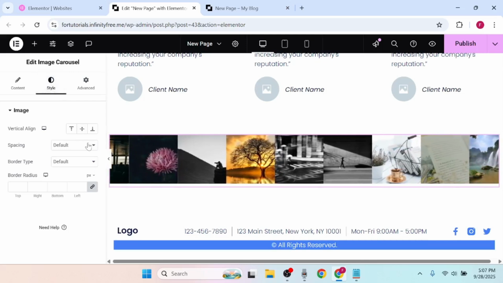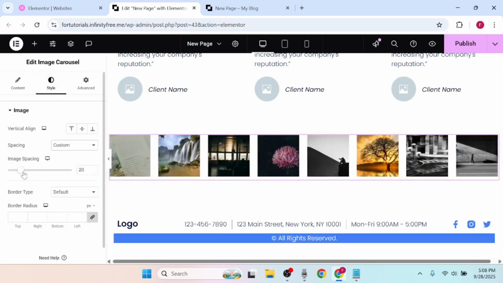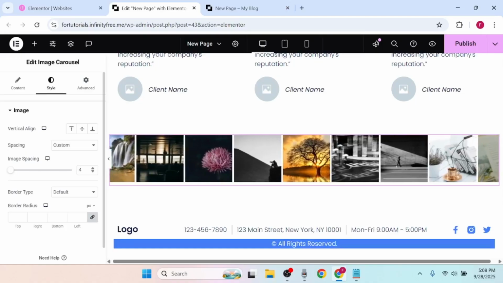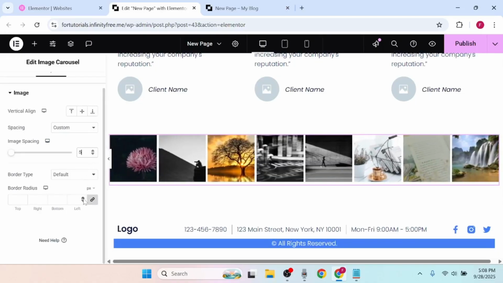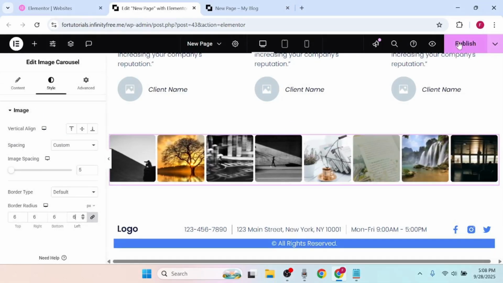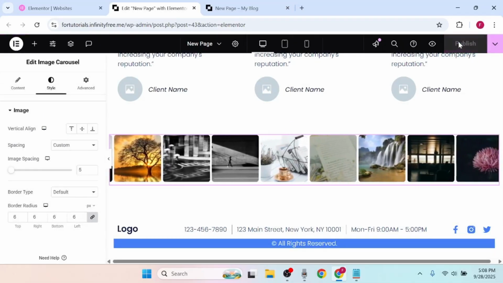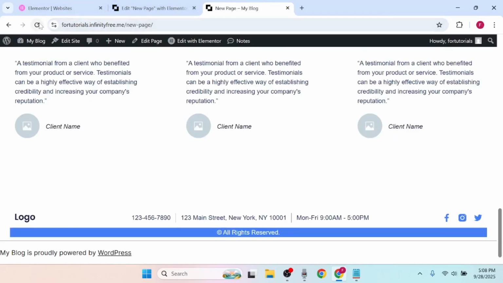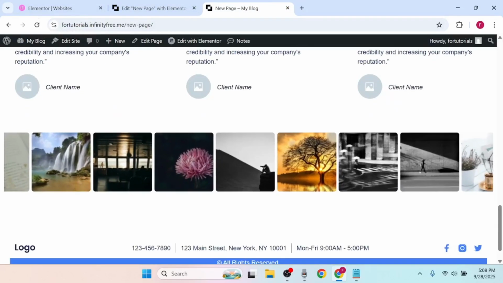In the Spacing drop-down, select Custom and set the spacing between images. You can also apply a small border radius to give your images slightly rounded edges. Finally, click Publish at the top right-hand corner of your screen. Open your site in a new tab and refresh it, and you will see that the loop carousel is active